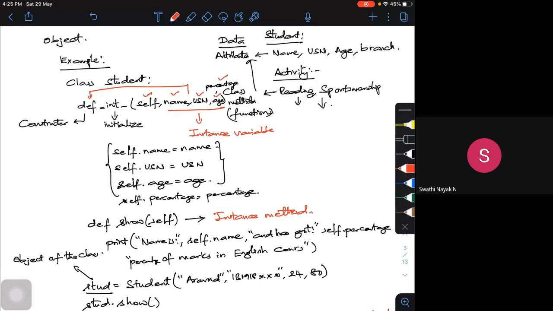But whenever I have this init class method or init constructor, this constructor will have at least one argument or one variable, and that is self.